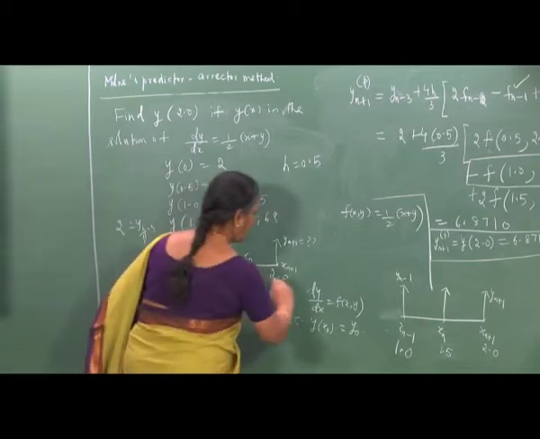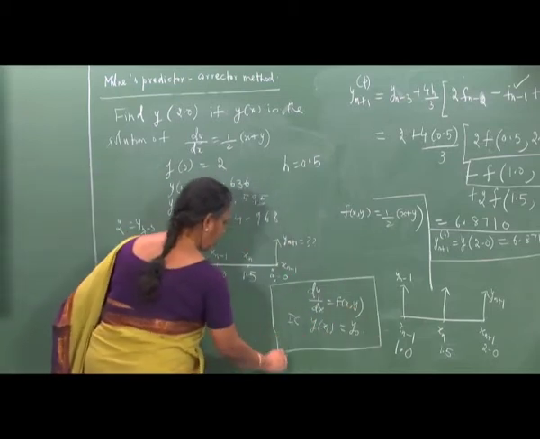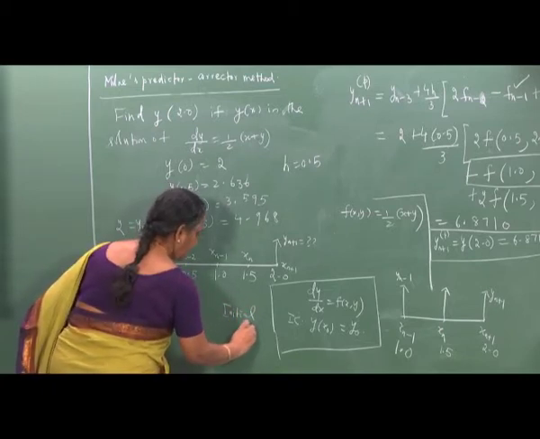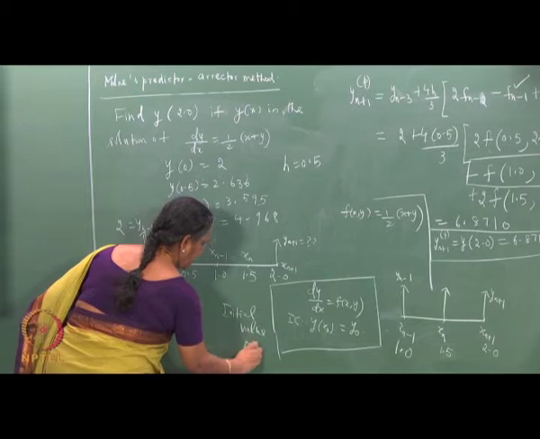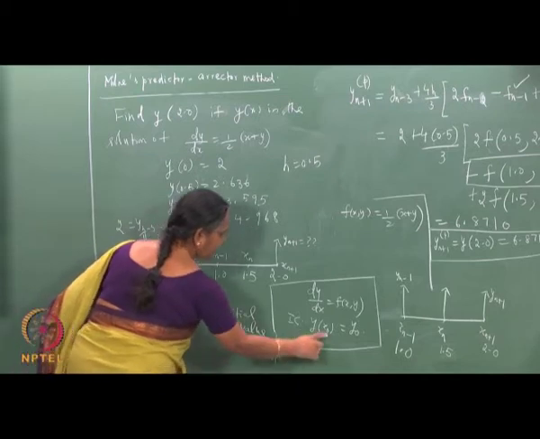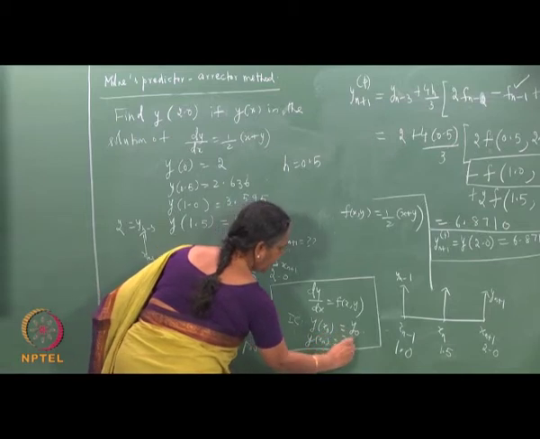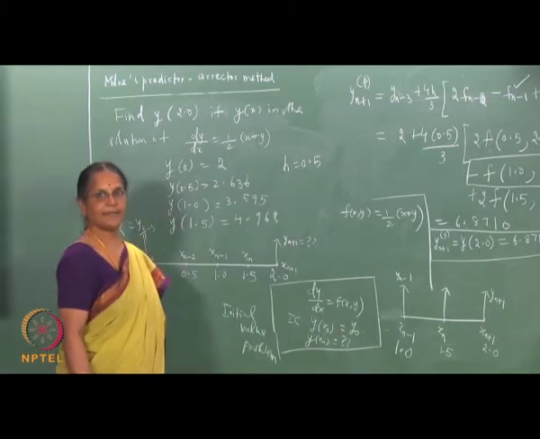This problem or this class of problems is called initial value problems. Given this information at x naught, we are asked to get the solution at some point xn, and we have developed some